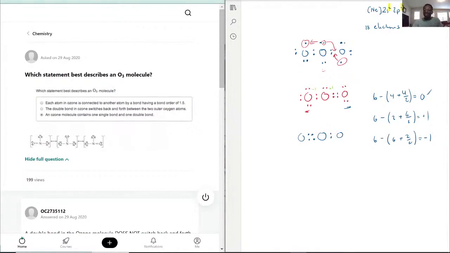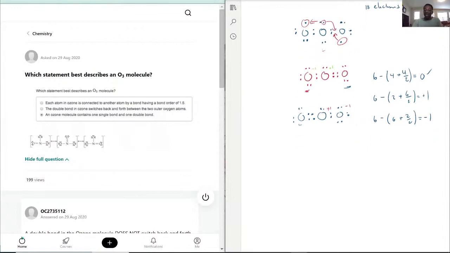What I've done is that I've said that this oxygen on the left receives the double bond instead, and this oxygen on the right has now the negative charge, and this one would actually be -1 here, still positive in the center. But now we have two different types of resonance structures. So what you see here is that typically what's going to happen to get the maximum stability is that the electrons actually will be shared, to where instead of you having a single and a double bond, you would actually technically have